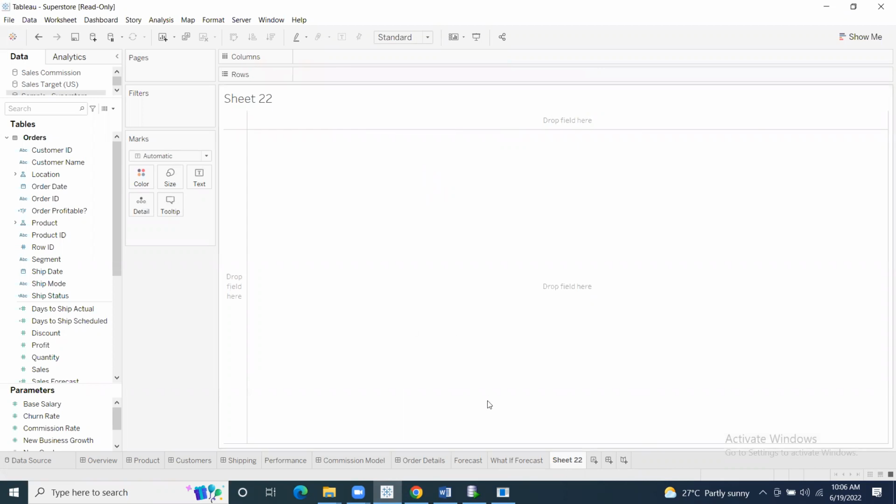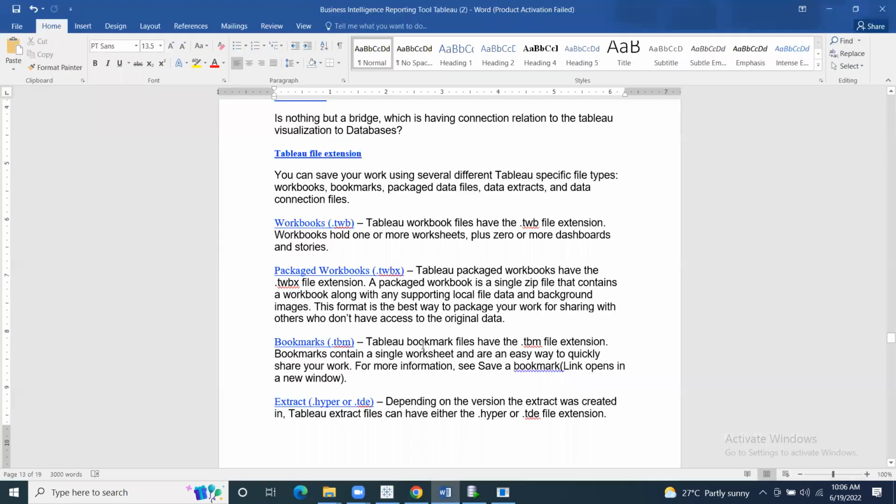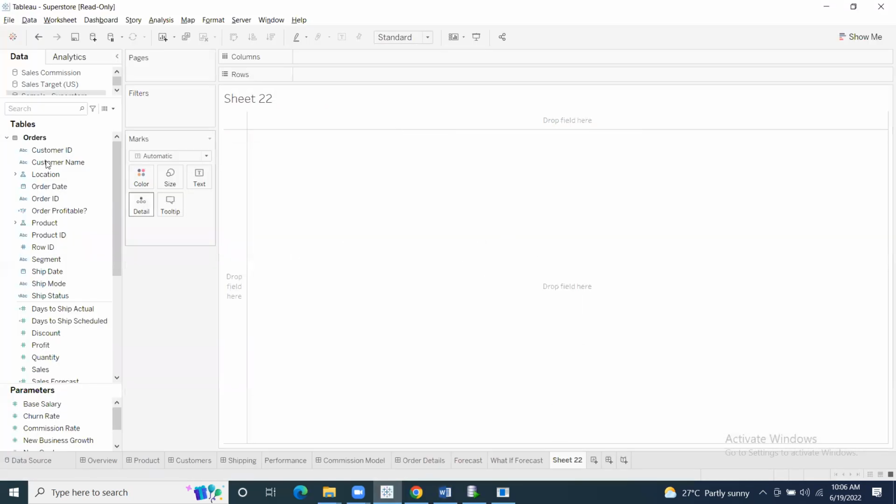See, the sheet we have is called a single sheet. Same thing here, a single worksheet. There is an easy way to quickly share your work. For example, if you want to share any single worksheet, you can save only that single worksheet